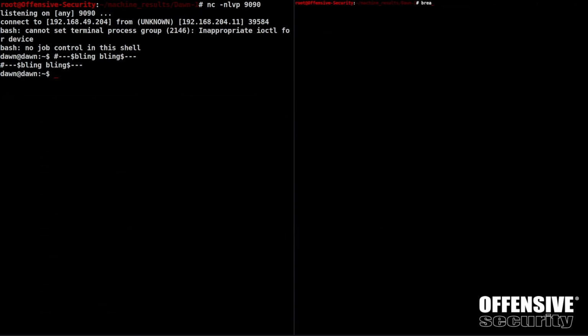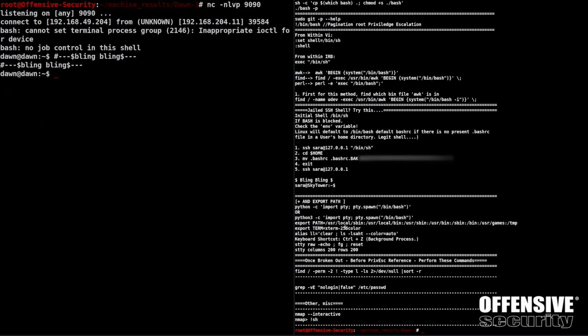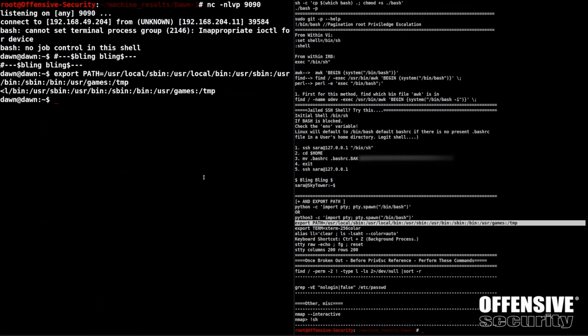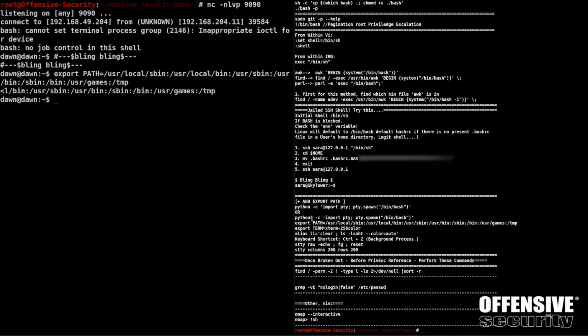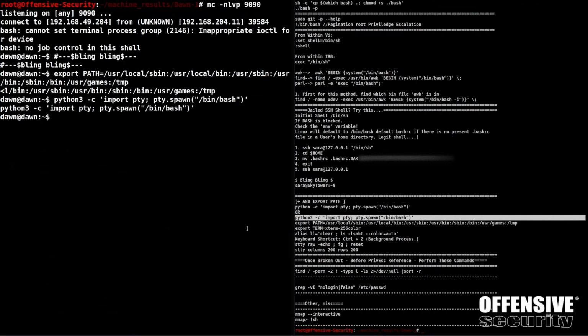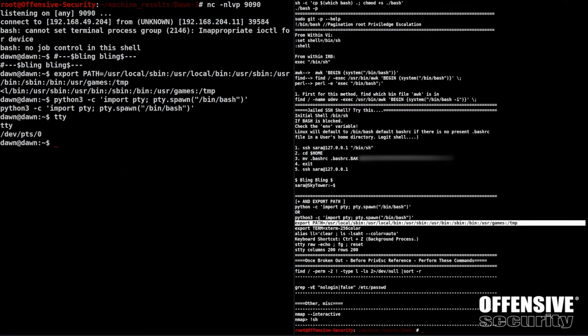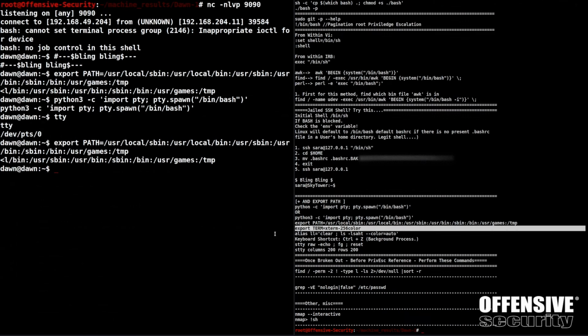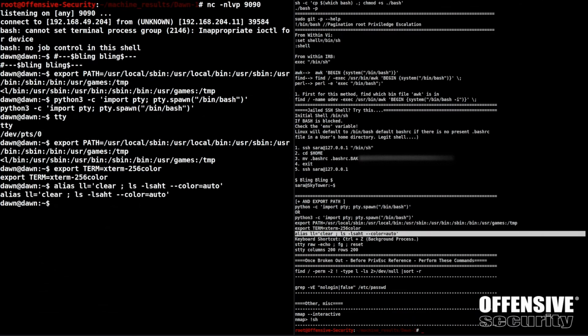But let's do that by launching my breakout command. Again, this is available on SirenSecurity.io. We're going to export the paths. First we're going to spawn a Python 3 TTY, that worked. /dev/pts/0, perfect. We are the only TTY on this machine. Now we'll export the path, export the term to support 256 color, and our ll command, which should clear everything